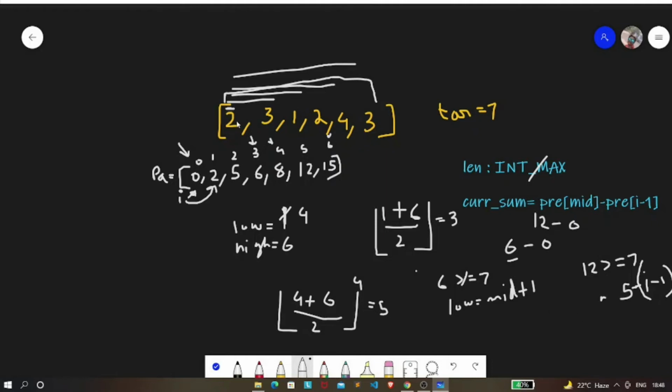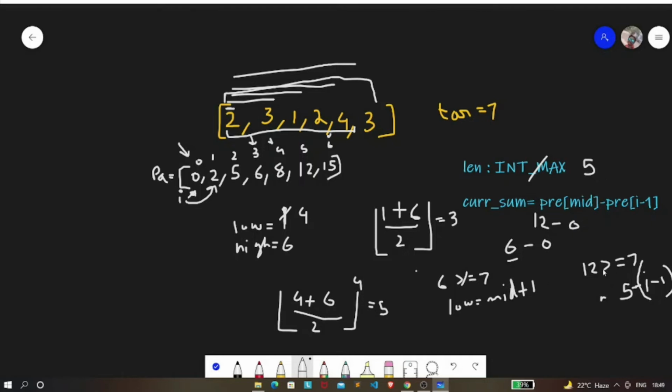If you consider this subarray, from here to here, the sum is 12, and the length of this subarray is 5, so the length will be updated to 5, because we need to find a minimum. 5 is less compared to int max, so we're going to have it as 5.